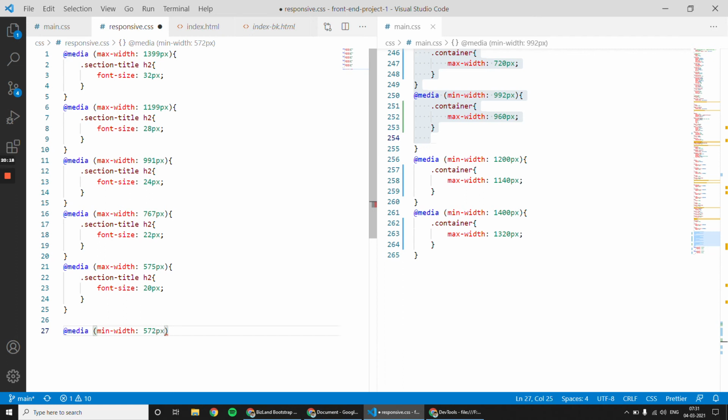In that case, from 572 to 800 pixels, if you want to write some styles like fixes, this is what we usually call last minute fixes.